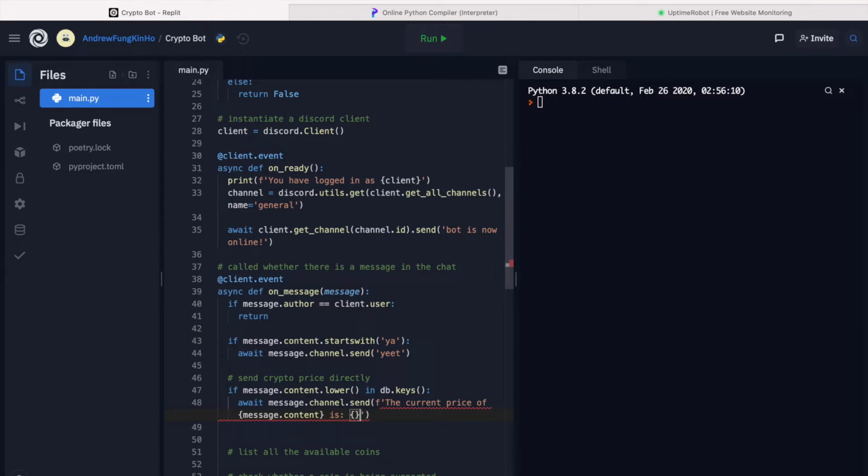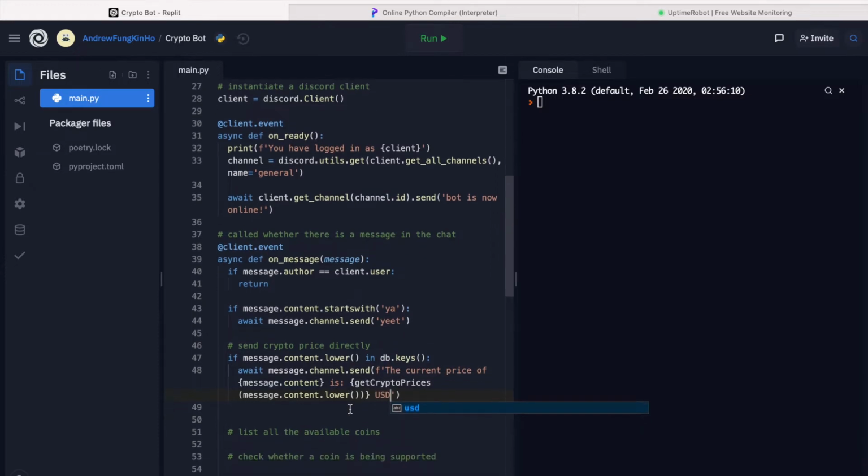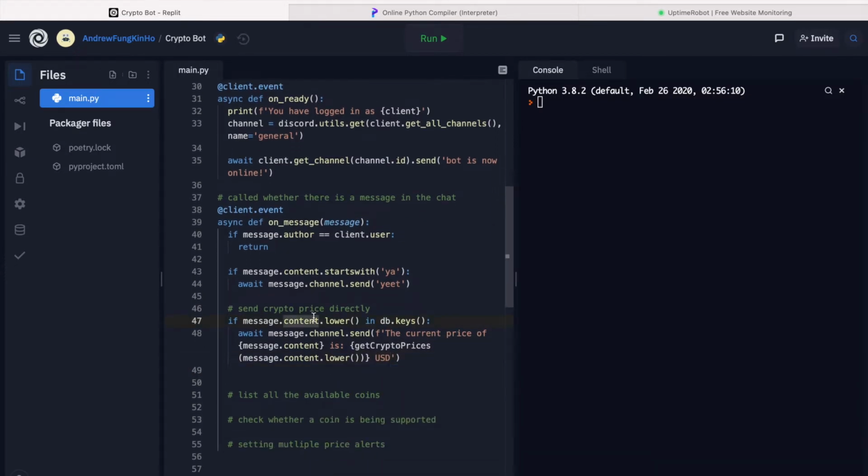So we call the function we defined, which is get crypto prices, and then message.content.lower to make sure they match, and that will be in US dollars. So that will be the first task.